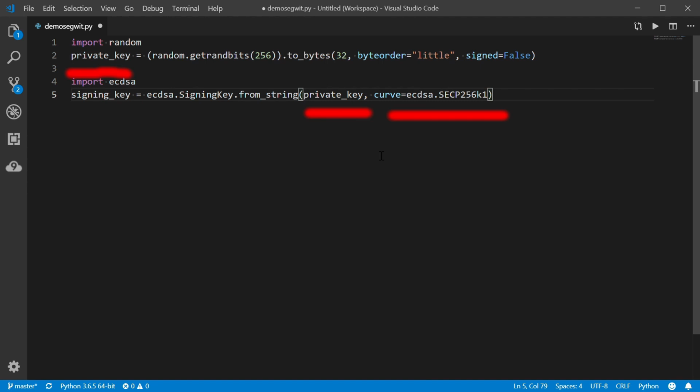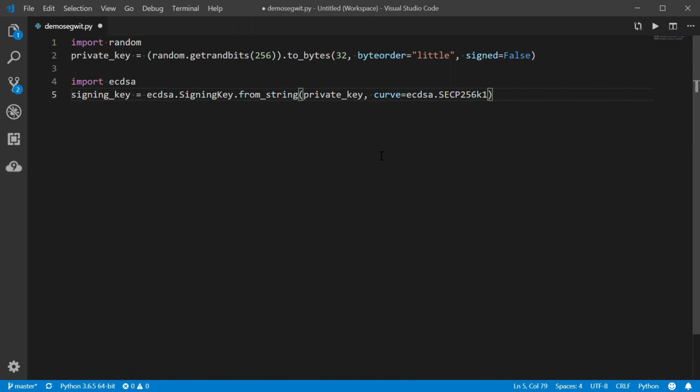And this basically creates a new entity, which is known as the sign-in key. We made this slightly artificial distinction between the private key and the sign-in key because while the private key is the magic number that will allow people to claim our bitcoins, by itself it won't do much. We still need to use it with some sort of a mathematical entity. So we created another type of variable, which is known as the sign-in key, that contains both this magic number,